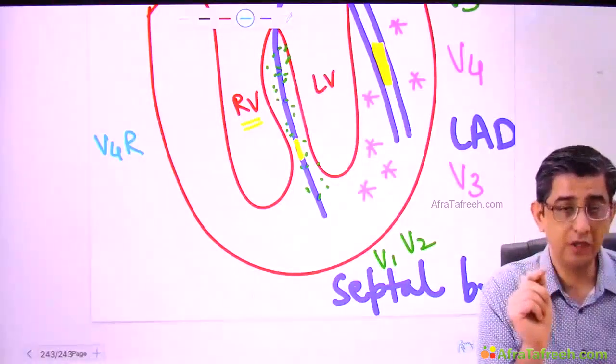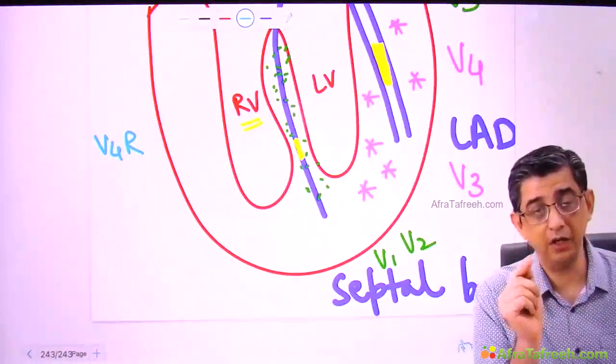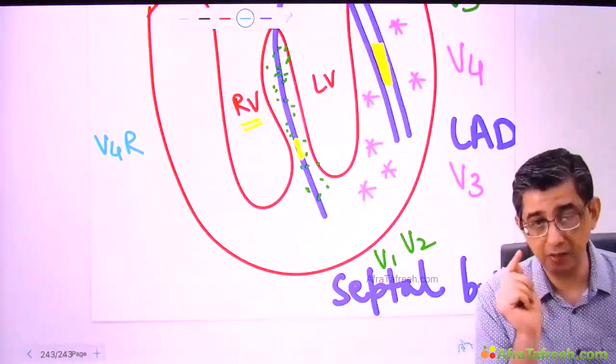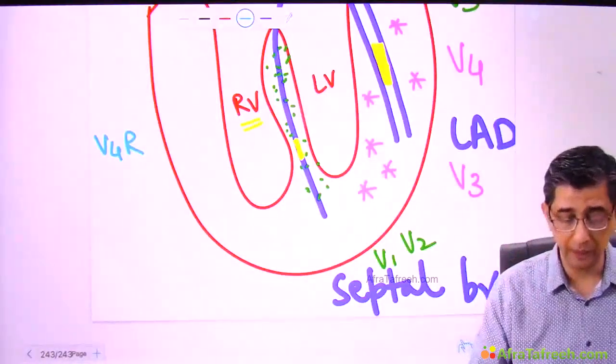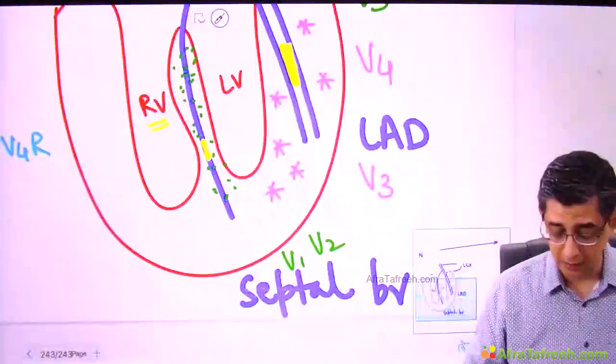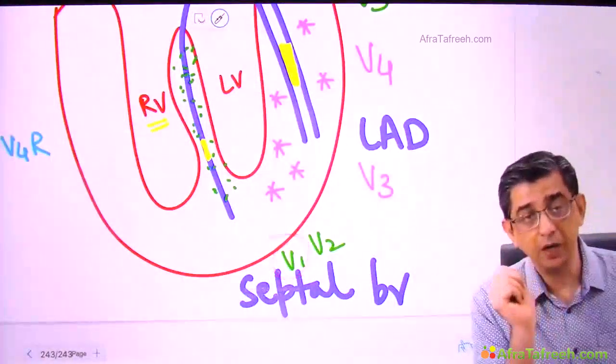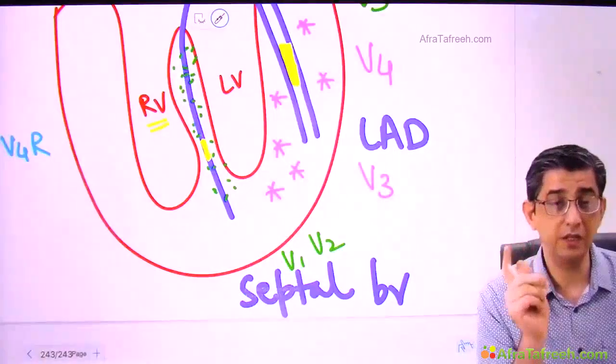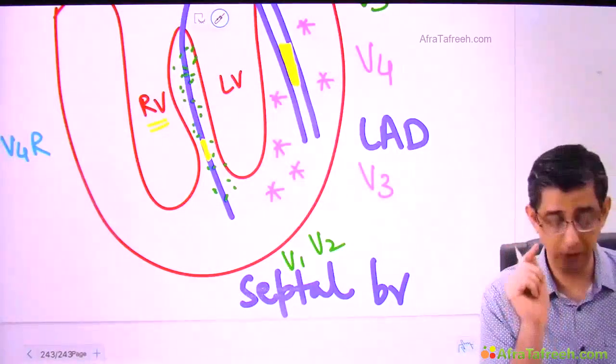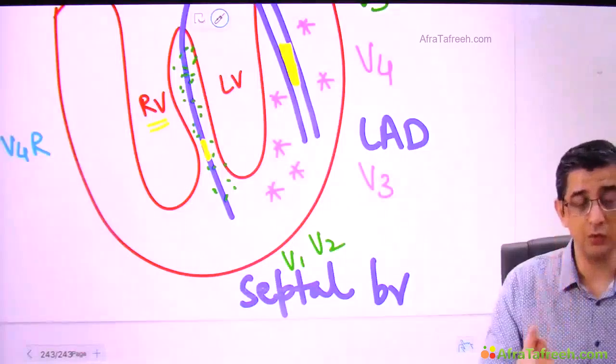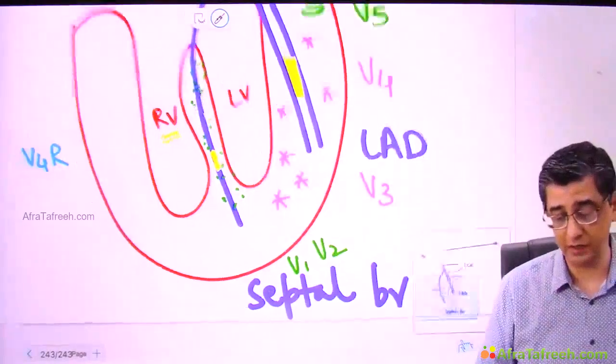The question can say which chest lead can study the right ventricle. Now earlier I was saying that V1 can scan the right ventricle, but only a part of it. I repeat the fact once again, lead number V1 can also be scanning right ventricle per se, but only a part of it. So if he says which chest lead is best suited to evaluate the right ventricle, answer is V4R.